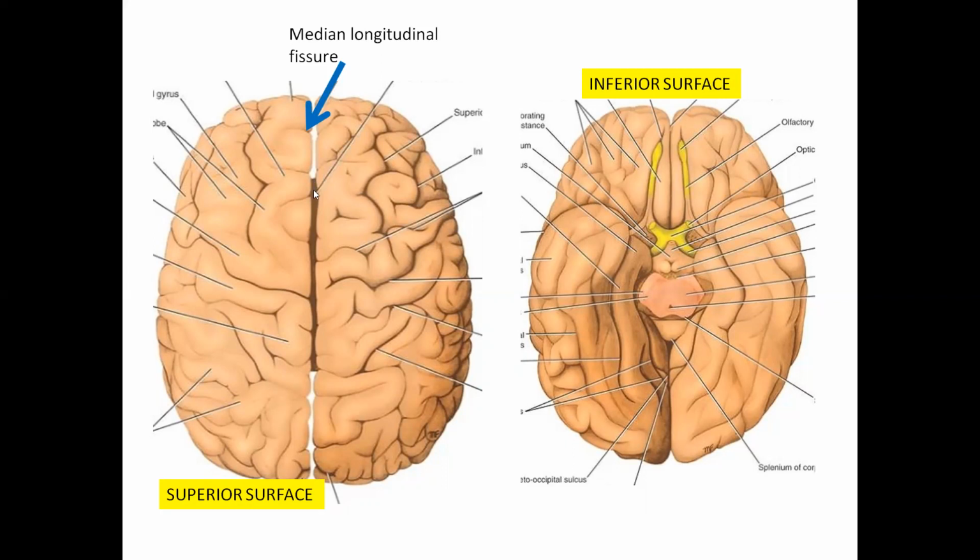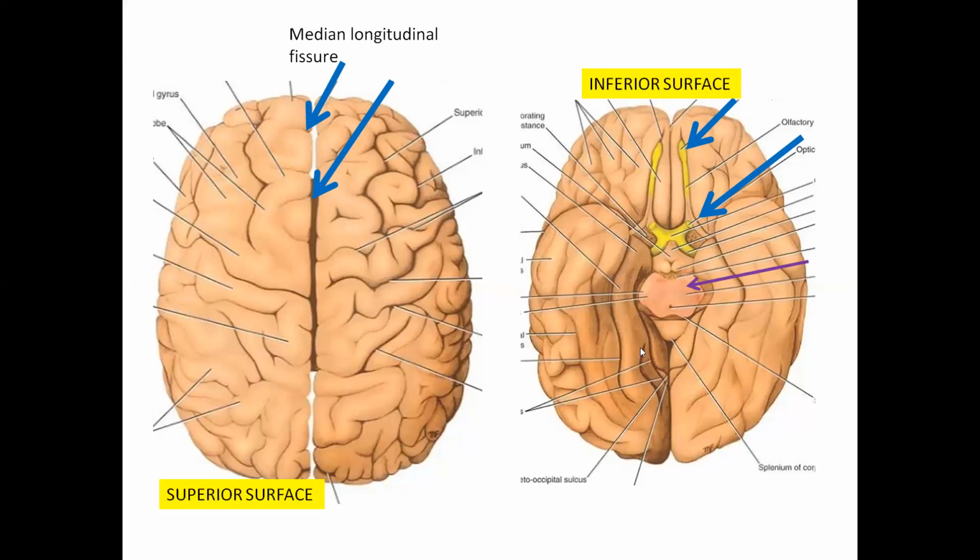Now, if you put your fingers here and separate both the cerebral hemispheres, your fingers will come in contact with the upper surface of corpus callosum. Can you see the corpus callosum there? Now, coming to the inferior surface. This is the orbital surface of the frontal lobe. This is the inferior surface of the temporal lobe. Okay. This blue arrow is pointing the olfactory bulb and the olfactory tract. That's your first cranial nerve. This one is pointing the optic nerve. That's the optic chiasma. These are the optic tract.